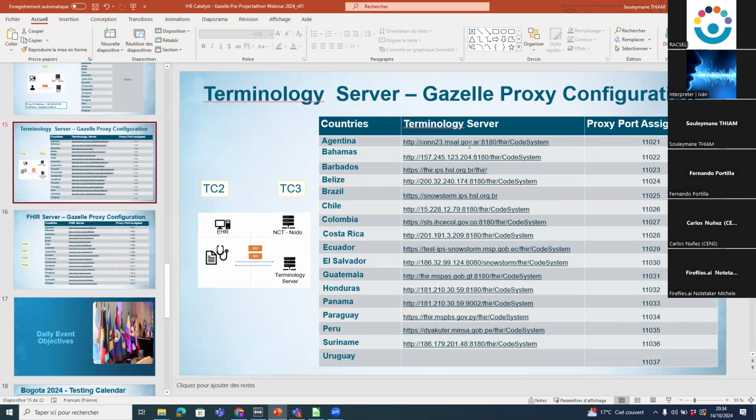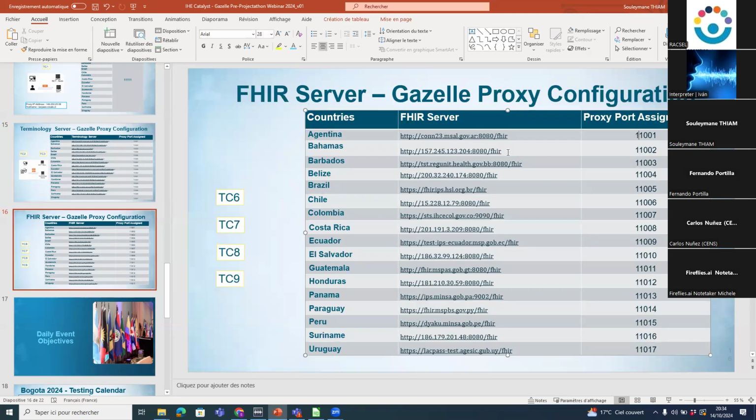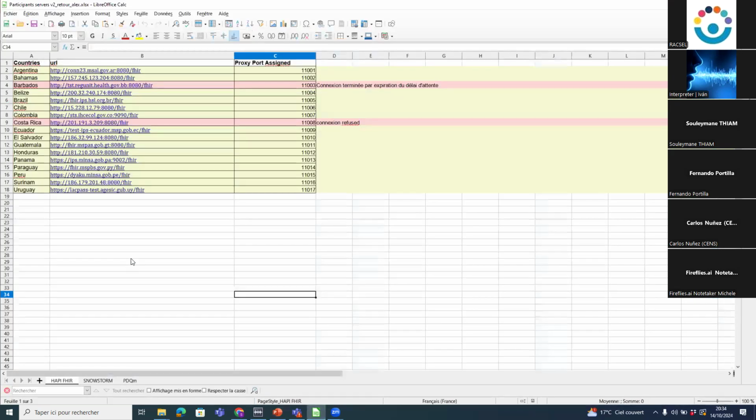As I said, we already configured and assigned the proxy port in your terminology server and your file server, and you already started testing if the proxy can forward a message to your terminology server, or if the Gazelle proxy can forward the message to your file server. This test is already done. The results we have are for the